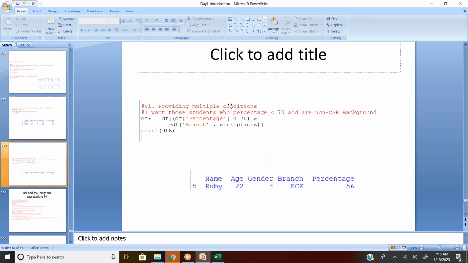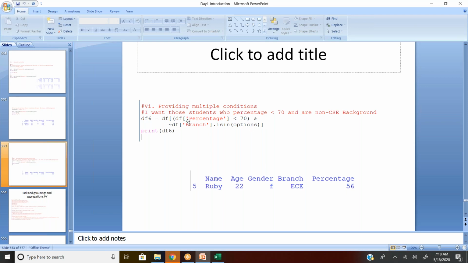And you can give multiple conditions at once. So I want students whose percentage is below 70 and who are from a non-CSE, non-IT background. What I did here is, df of my first condition is percentage. The percentage is part of df, so df of percentage less than 70. I have not closed my square bracket.